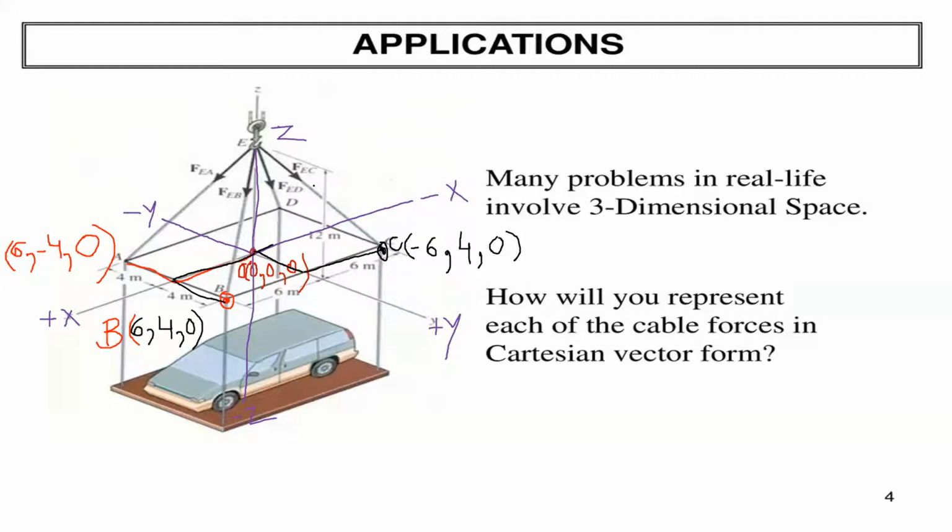Now let me talk about the D coordinates. This is point D. How can we move on? We will move on the negative x-axis, and the negative x-axis value is minus 6. Then we have to move parallel to the negative y-axis, so it will be minus 4. And there is no z component because the point is not raised above or below. So it is exactly lying between the minus x-axis and the minus y-axis.